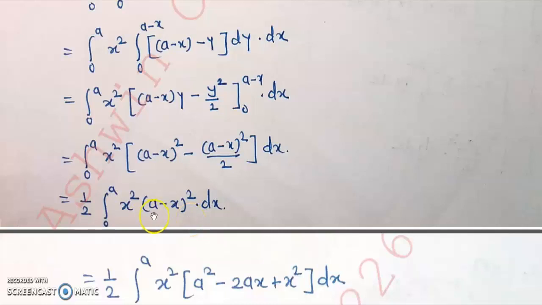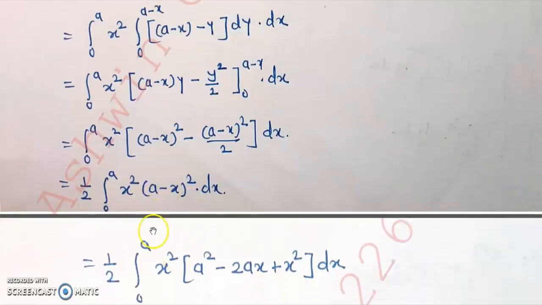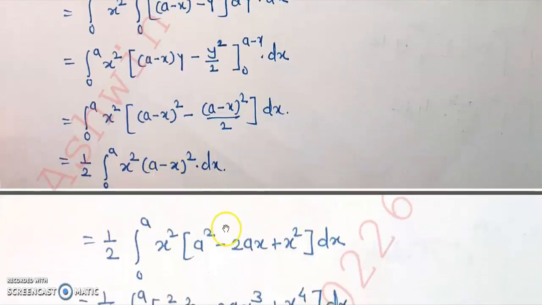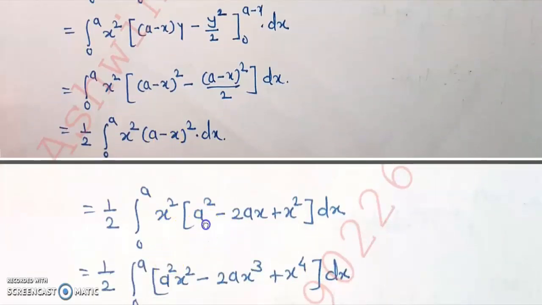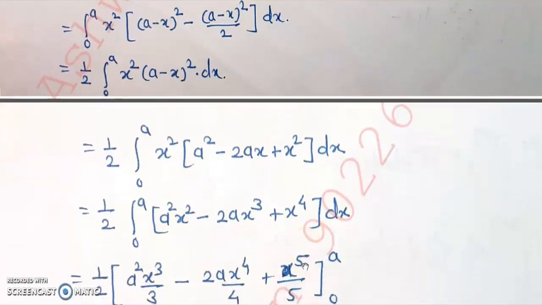Okay, now either you can go with the beta gamma function or you can open the bracket. X square as it is, a minus x whole square gives us a square minus 2ax plus x square. If you want to solve this by the beta gamma function, you can go for the substitution x as a t, so that a will be outside and you get 1 minus t and t raised to something here and dt accordingly. Then we get the first definition of beta. Okay, and if you expand it as it is, we get x square a square minus 2ax cube plus x raised to 4, which is now easy for integration.